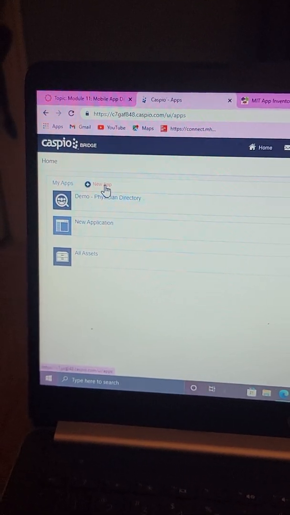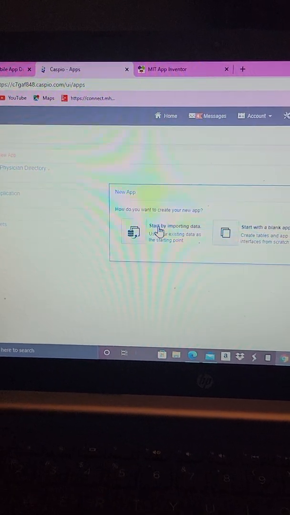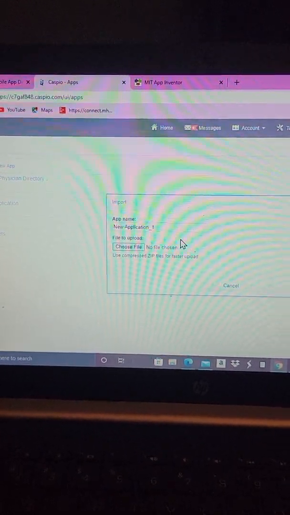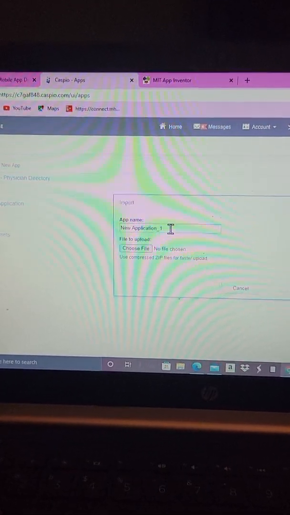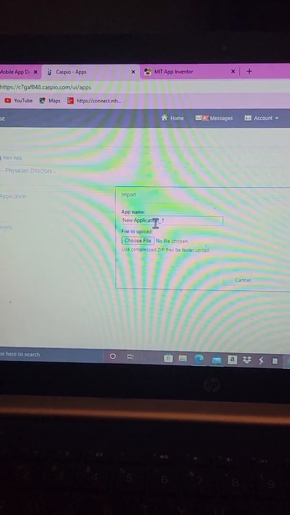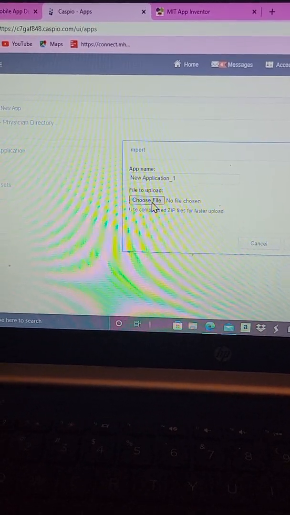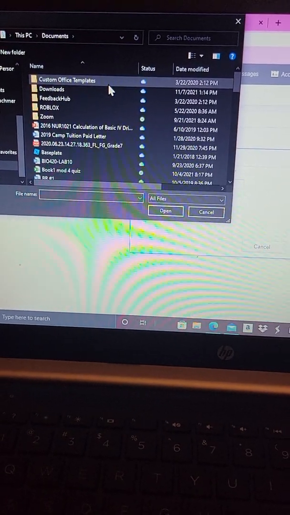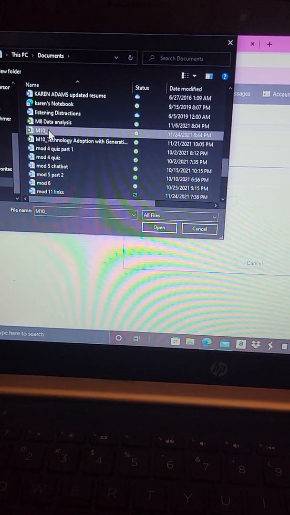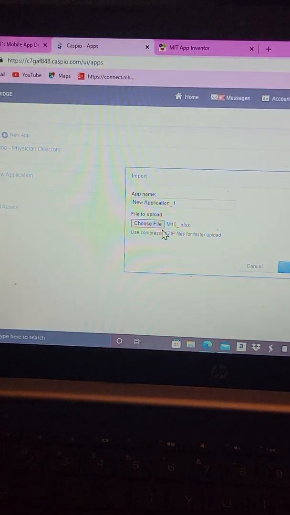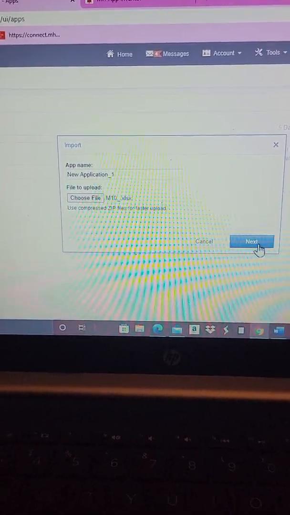So you're just going to go ahead and click a new app, and it's going to ask you to start by importing data. So you're just going to want to import that spreadsheet, and the app name, you can name it whatever you want, but for the purpose of the video, I'll just leave new app 1. You're just going to click on choose file, and then you just have to pick your spreadsheet that you did. Just click on that, click open, and then it populates over here. So you just click on next,